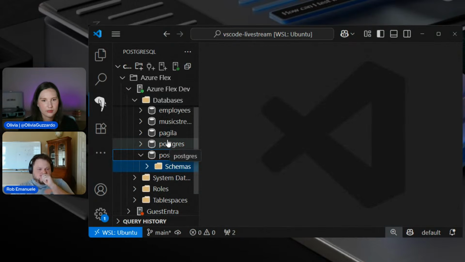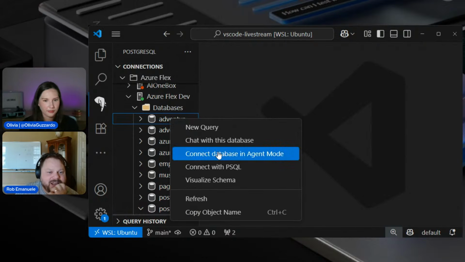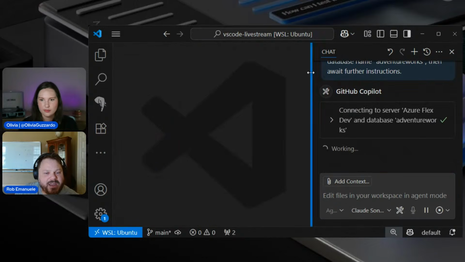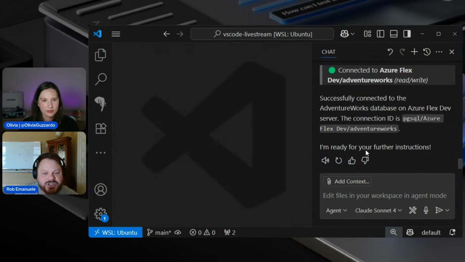So excuse me. Let's go to AdventureWorks. Connect in agent mode now. It did switch to agent mode. Great. Well, let me first just show this. If I say visualize the schema,